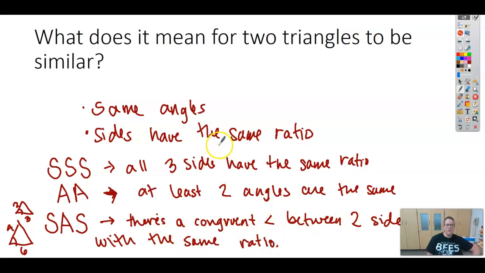Okay, so you're going to be given some triangles and you're going to be asked if they're similar or not, what test you use to determine the similarity, and then maybe you'll be asked to fill out a similarity statement, which, if this were triangle ABC and this were triangle PQR, I would say triangle ABC is similar to triangle